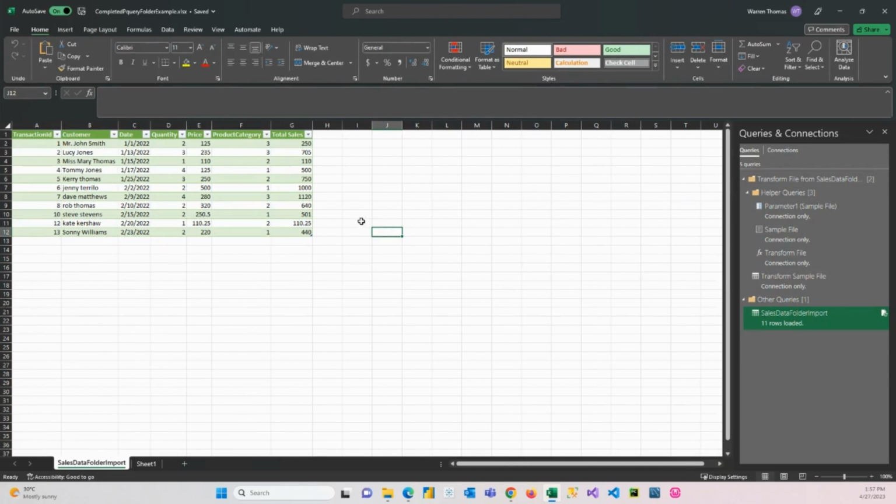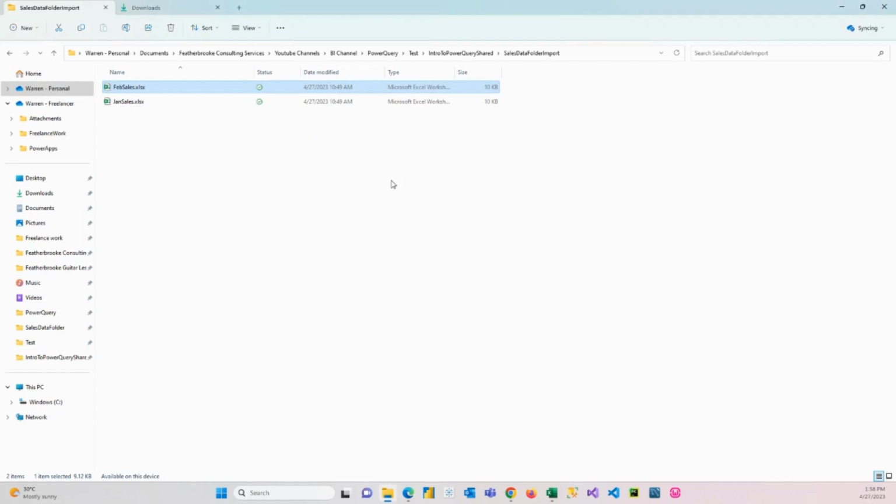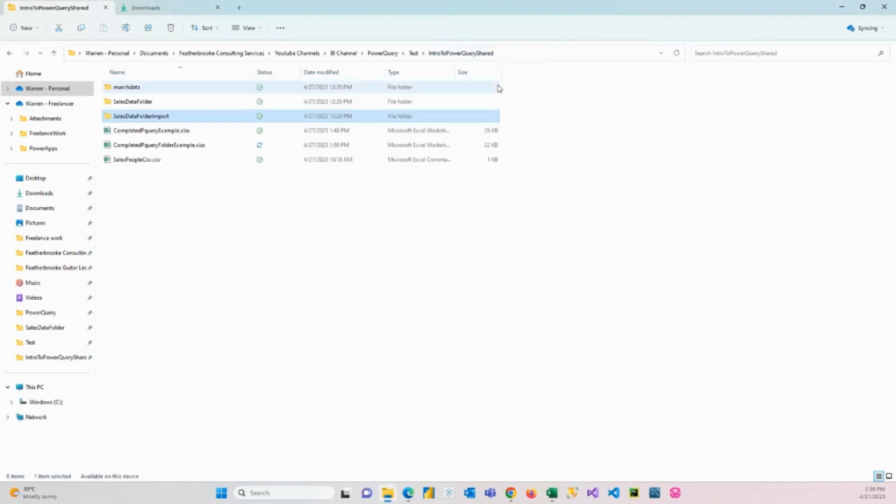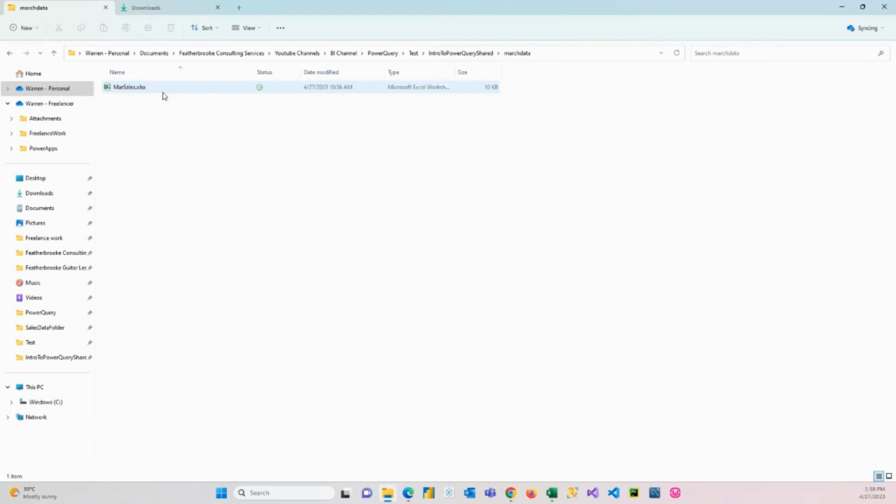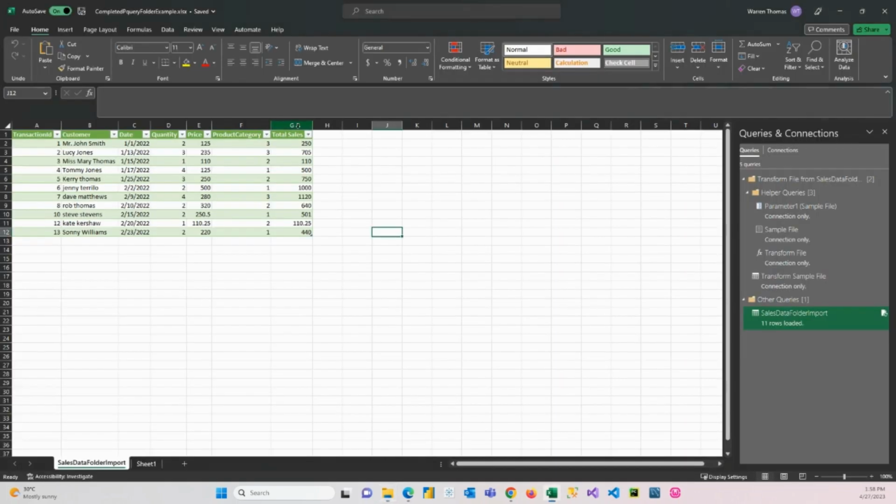Now, in the following months, files will be added to that folder and they should be pulled through here, and we should have the total sale and any formatting that we've done. In other words, removing duplicate records, blank records, etc. So if we go back to our shared folder, I've got a folder here called March Data. And in that, I've got March Sales. And just to show you what that looks like,